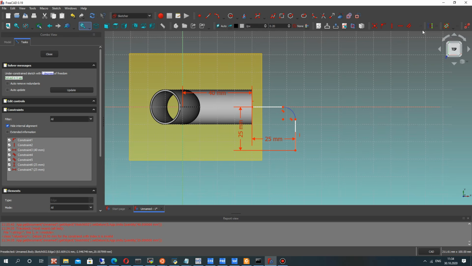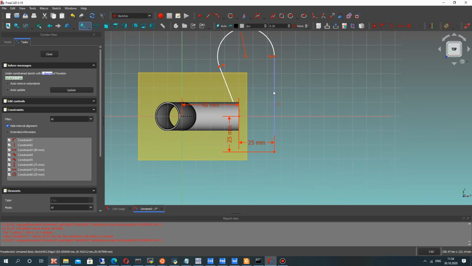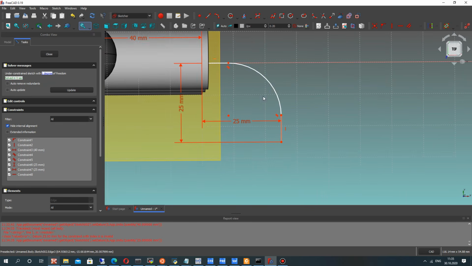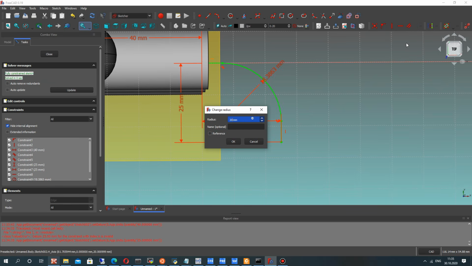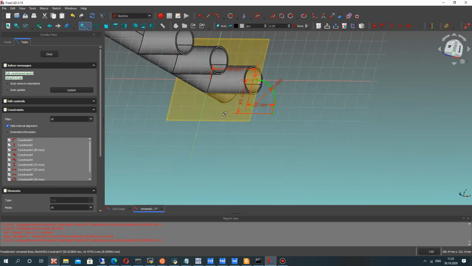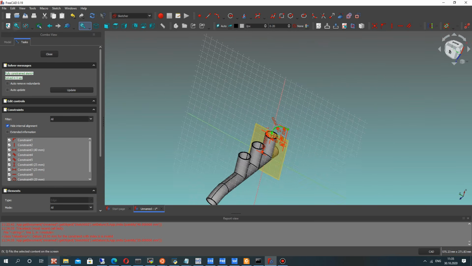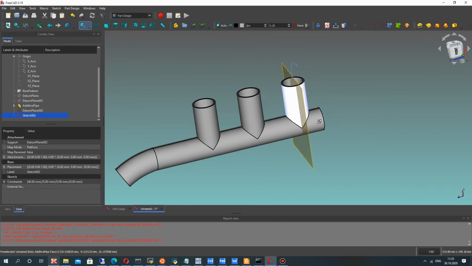And set the radius. But we have trouble with constraints because we can change. We have to set the horizontal constraint for this, and we can change the radius here without trouble. Okay. So now just let's choose our circle and set the radius dimension. Okay. So we have the fully constrained sketch here. Let's close the sketch